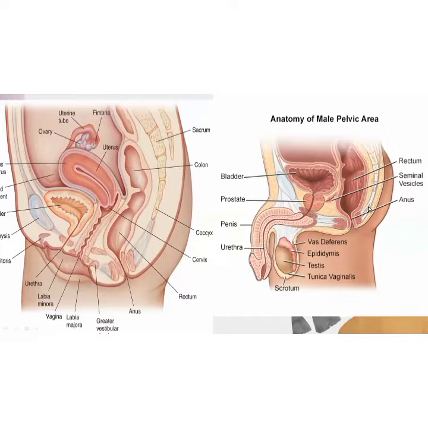And see the contents present in the male pelvis. Posteriorly, this posterior most structure is the sigmoid colon and the rectum here. And this anterior structure is the urinary bladder. And below the neck of the urinary bladder, we could see the prostate gland. Between the urinary bladder and the rectum, a genital septum, which is made up of connective tissue, is present there.